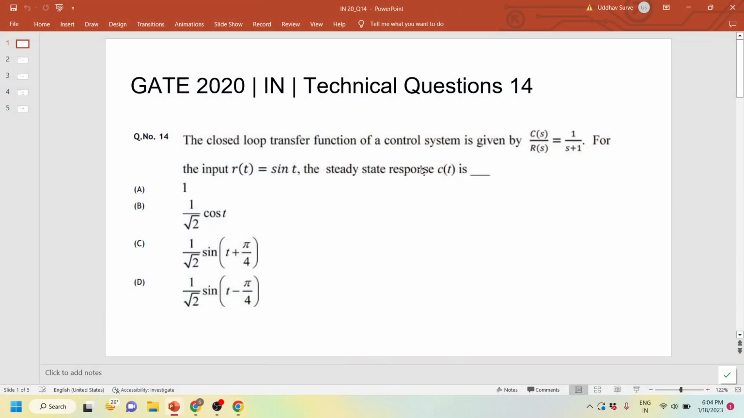So it's from GATE 2020, Control Systems Instrumentation paper, technical question 14. The closed loop transfer function of a control system is given by C of S upon R of S, where C of S is the output, R of S is the input, and this is the system 1 upon S plus 1. For the input R of t equal to sine t, the steady state response C of t is which of the options will match the question we have